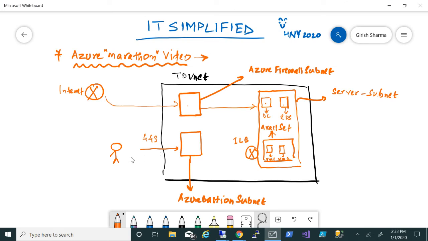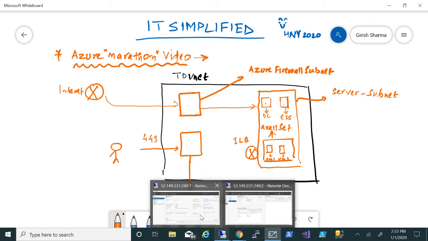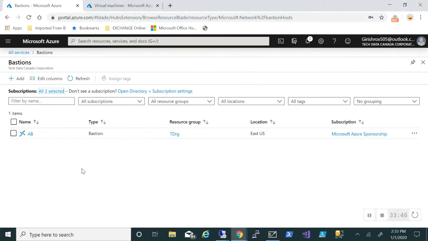But again, as I said, once you deploy these resources, your price component also comes into play. Maybe a mix of both of them may be a better solution, or even if you're just using the Azure firewall, it's still better than not utilizing anything, right? So again, is it the most secure solution? May or may not be. It depends upon what your organization wants. But I want to show you how you can use this to access your machines, for example, in this case, VM1 and VM2, by utilizing the Bastion service. So let's go and